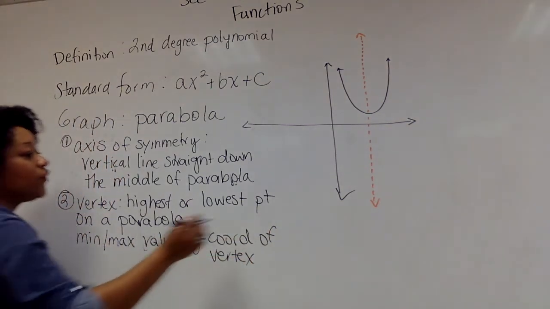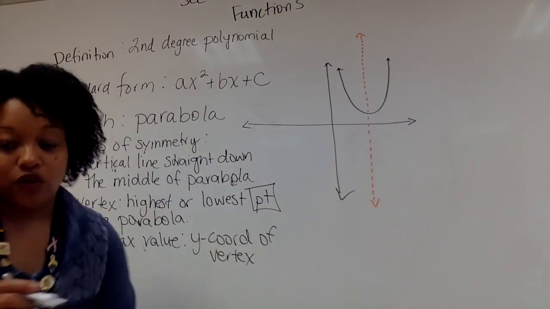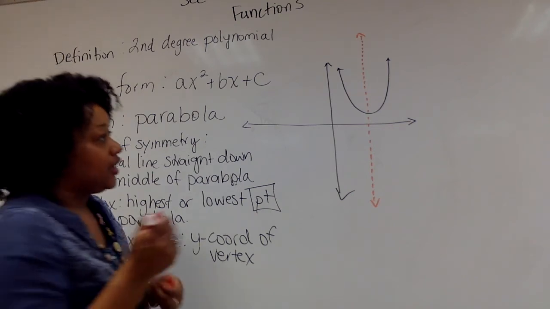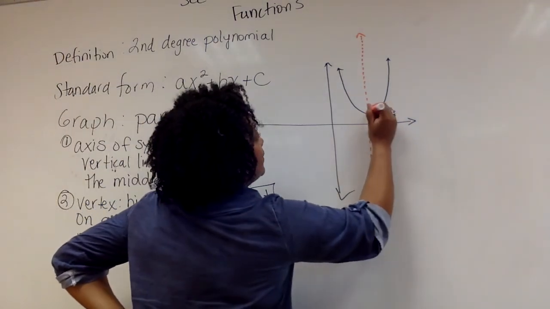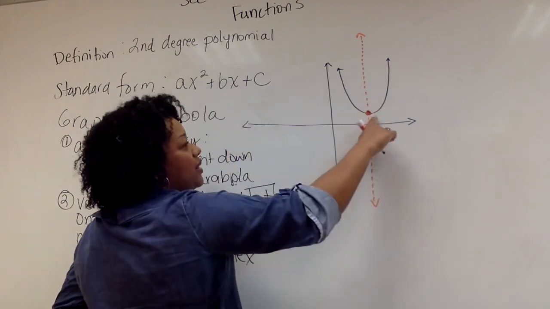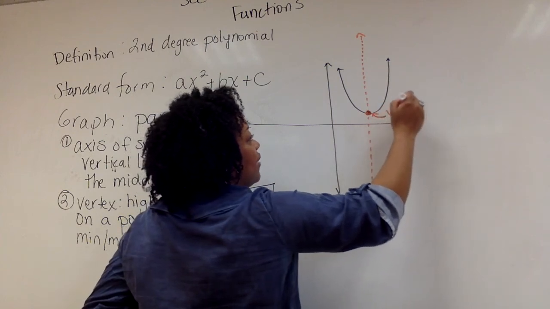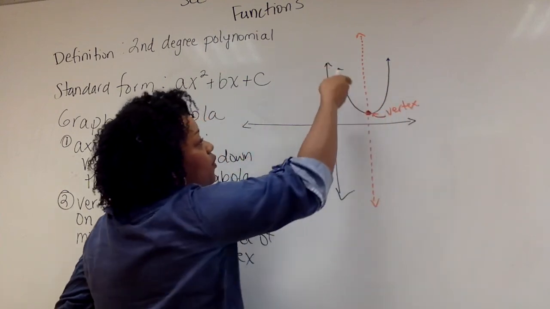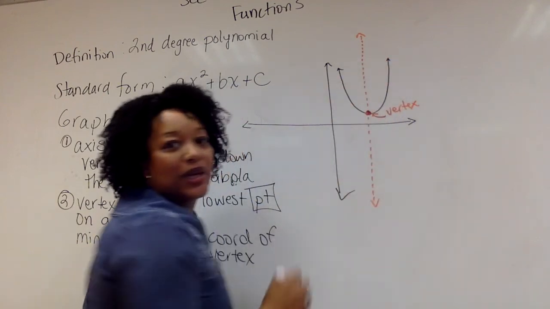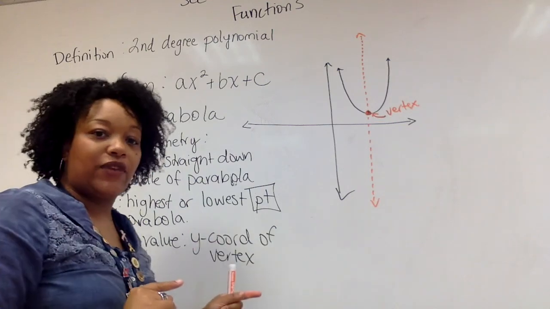Because remember, your vertex is a point. It's going to have an x coordinate and a y coordinate. So if I take my orange marker again, your vertex is always going to lie on your axis of symmetry. So right at the bottom of my parabola, that's where I would say that's where my vertex is. This is the point where it's going down, and then it turns direction and starts going up. Okay? So write this down, and in the next video, we're going to